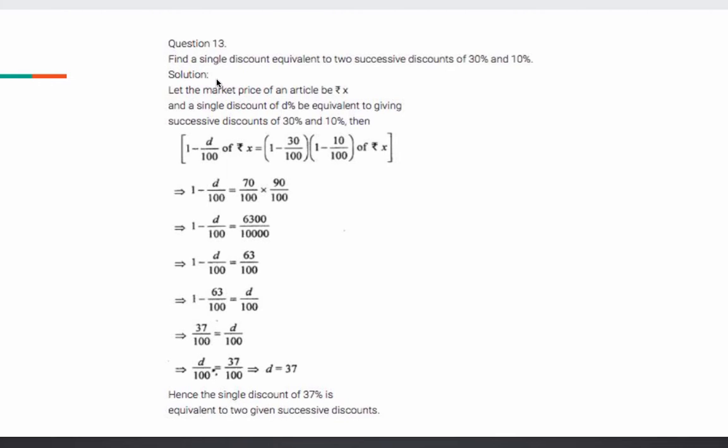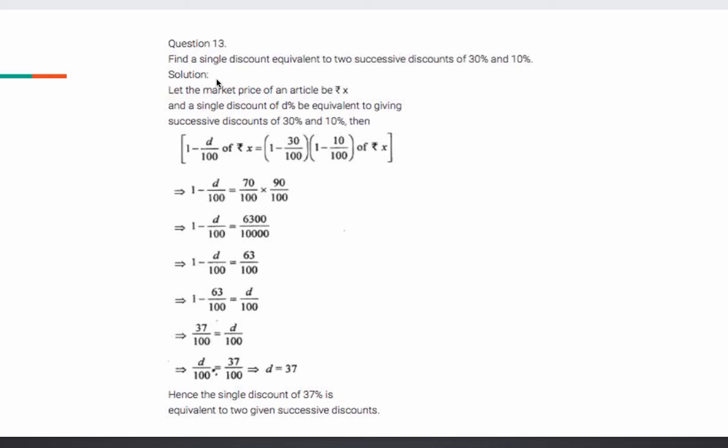The printed price of a refrigerator is 28,600 rupees. A dealer allows two successive discounts of 10% and 5%. The other allows a discount of 20%. Which is the better offer? The printed price of a refrigerator is 28,600 and there are two successive discounts. What are the two discounts? D1 is 10% and D2 is 5%. The question is to find the price that the customer has to pay for the refrigerator.